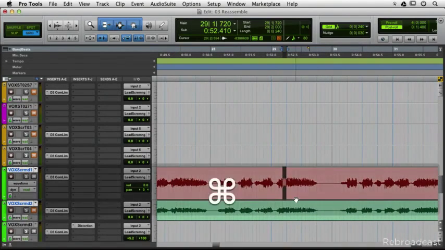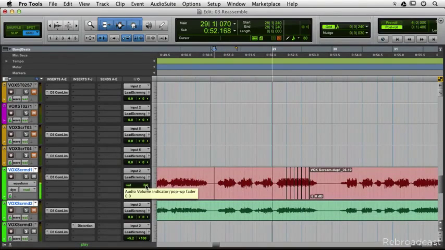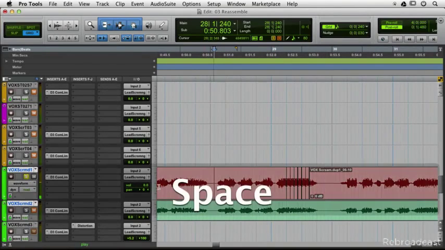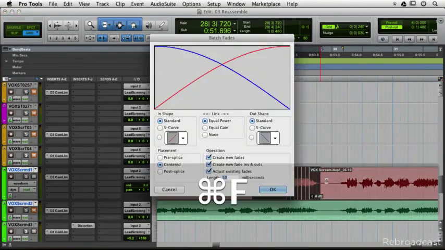So let's say I want this to sound a little more like a robot. All you do is you take a tiny little section, and in Pro Tools you just hit Command D over and over. And also if you don't like those little pops in there,